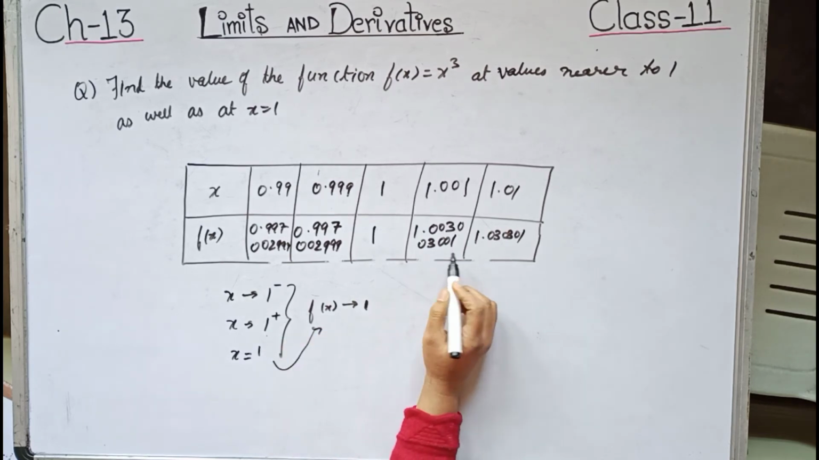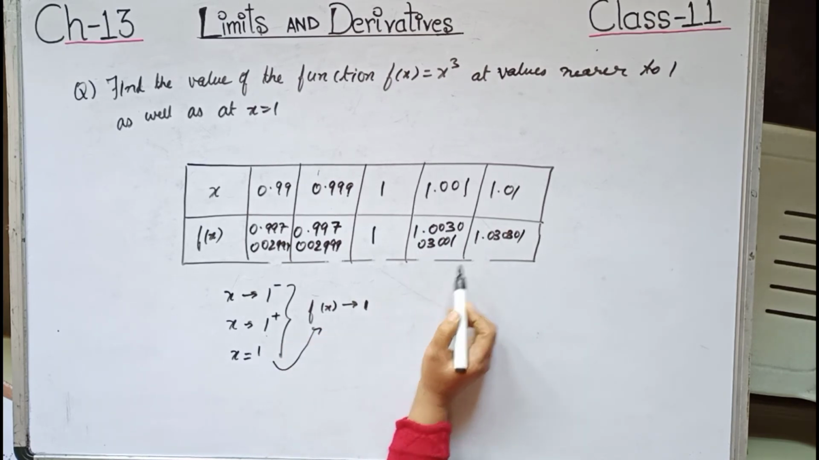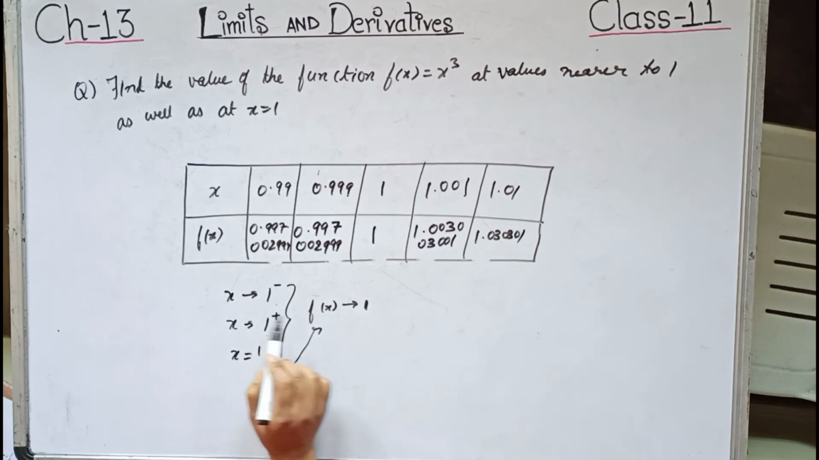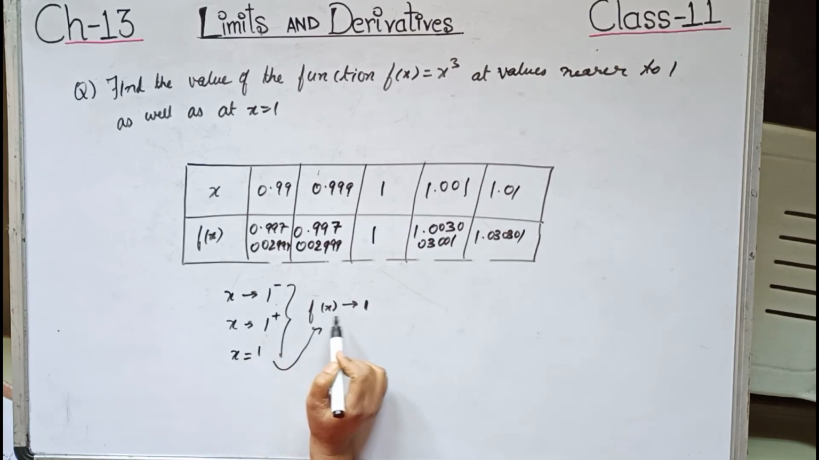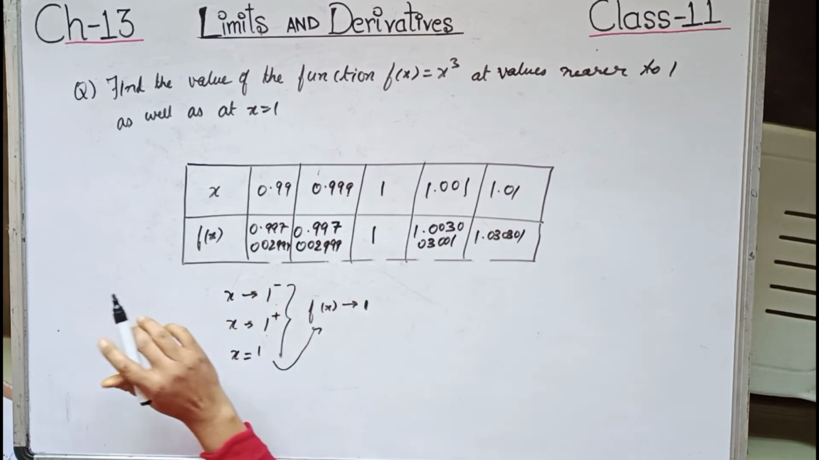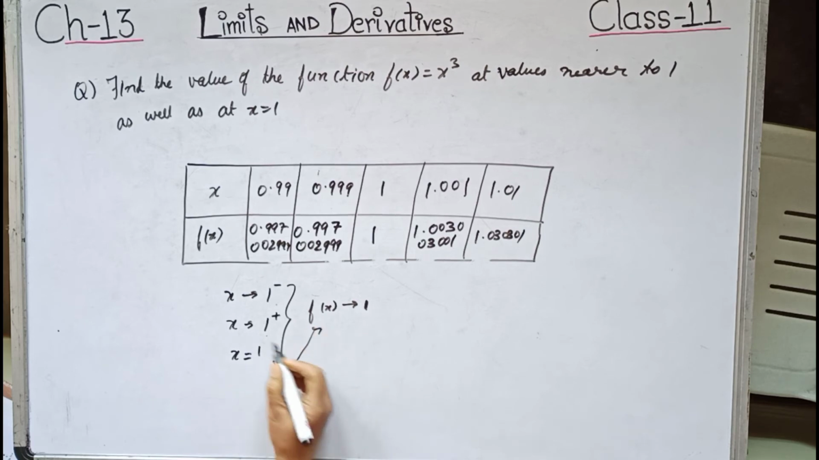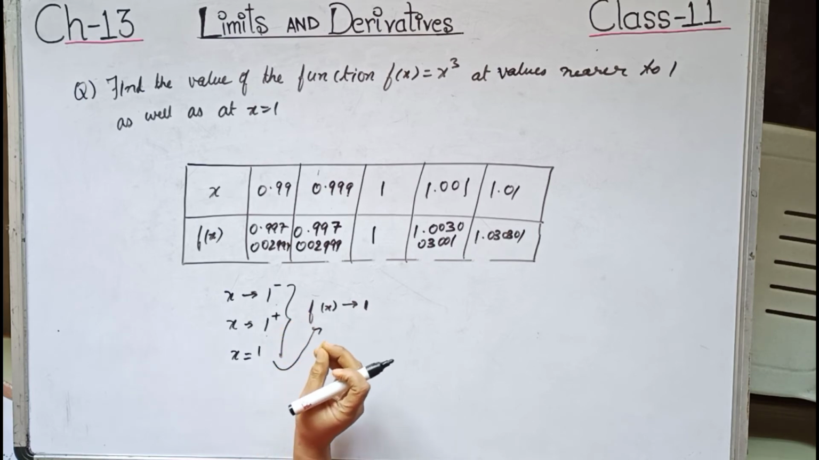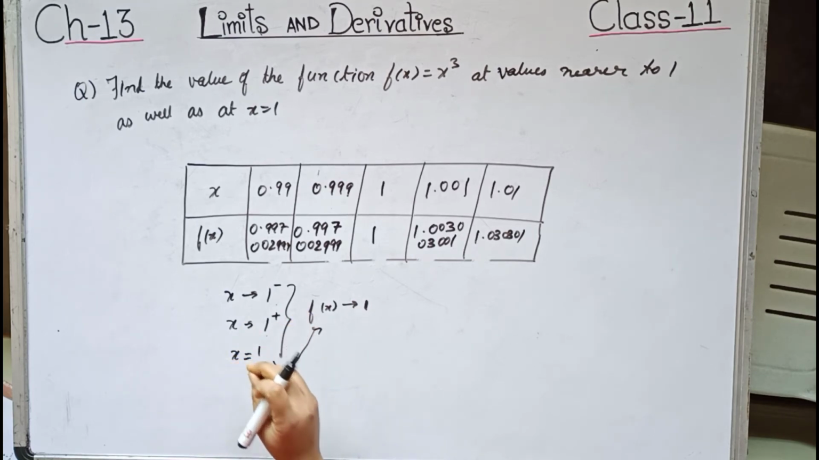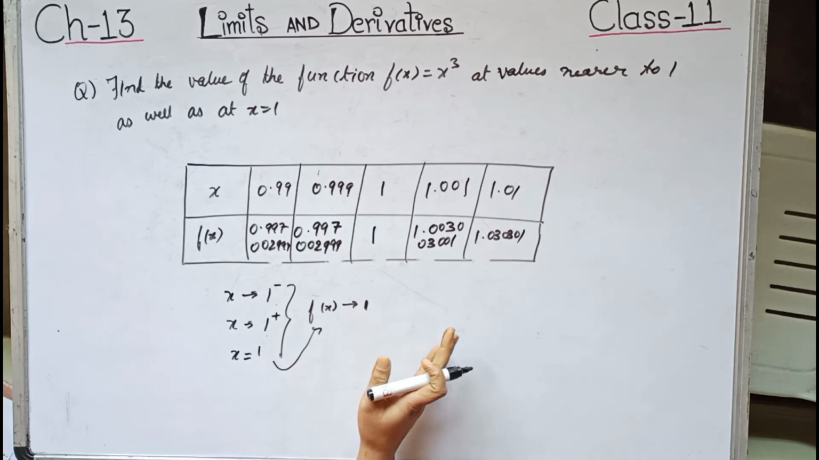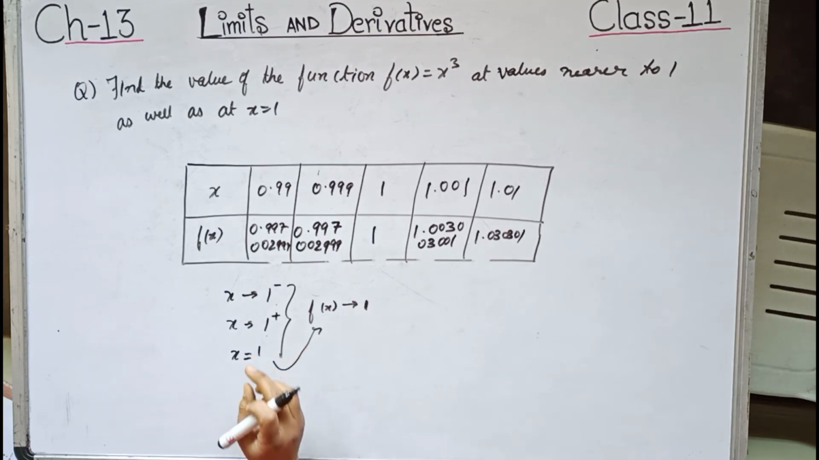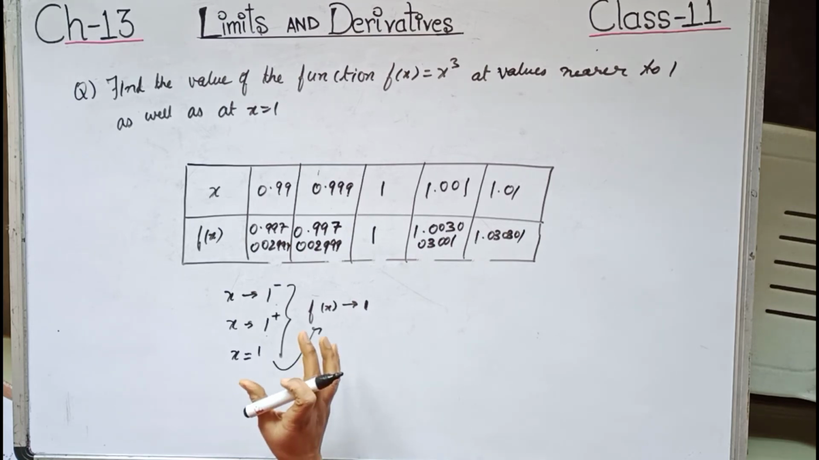At x is equals to 1 plus, it is approximately 1 itself. At x tending to 1 minus, f(x) value was 1 only. So now the concept of the left hand limit and the right hand limit will come. When x was approaching the values less than 1, whatever value we were getting when we were putting the values of x less than 1 is called the left hand limit. And the value when we were putting the values of x more than 1 is called the right